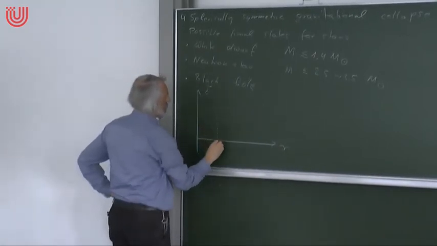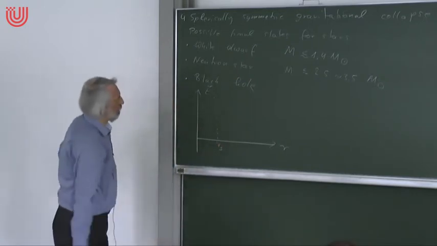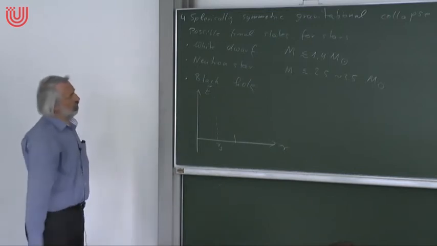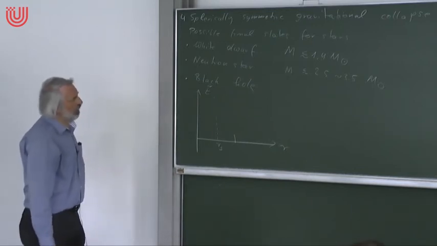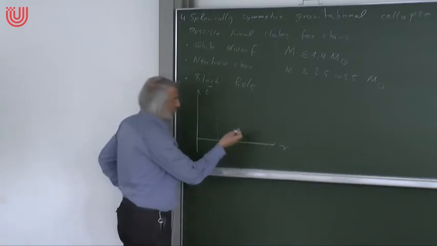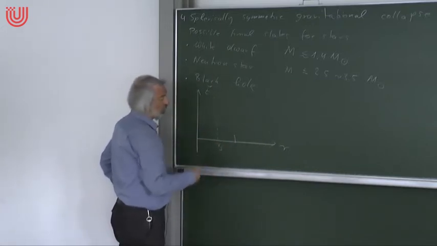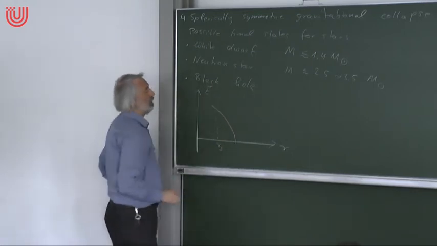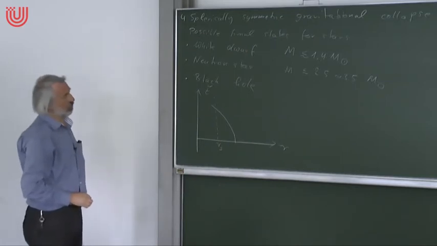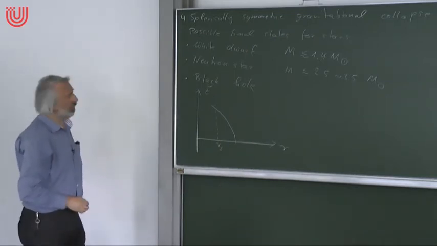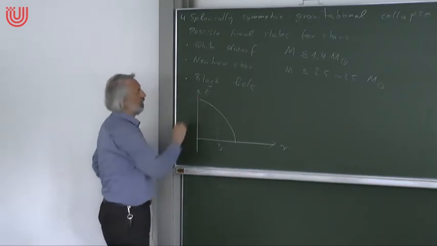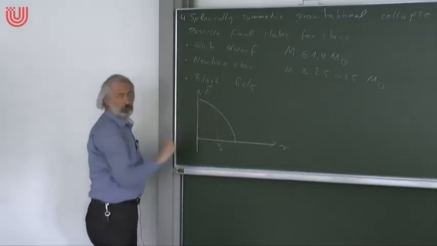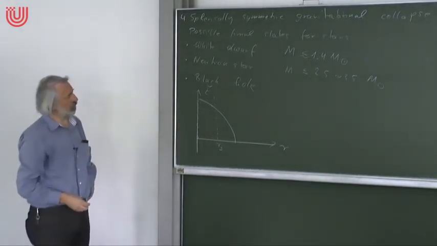Here we have the horizon, Rs, and now we have a star which begins with a radius bigger than the Schwarzschild radius. From what we have discussed until now, we have no idea how exactly this process of collapsing takes place, but whenever the surface of the star has crossed this horizon at r equal Rs, then the star is doomed. From then onward, it must collapse in a finite time to the singularity at r equals 0. And we even calculated this time. Here's the maximum value for this time.